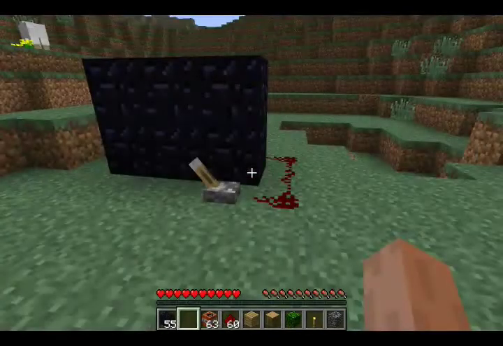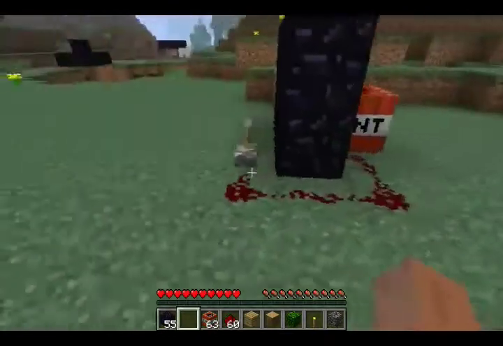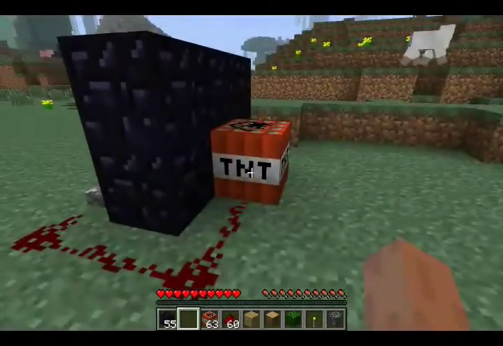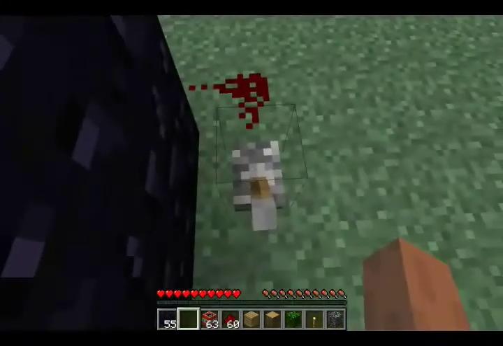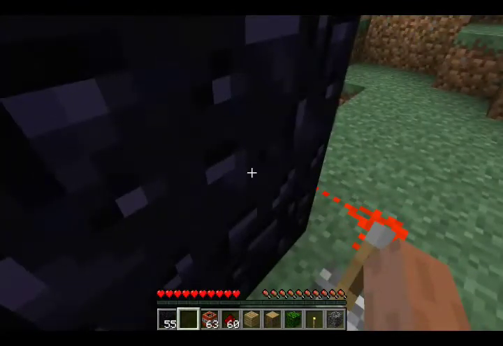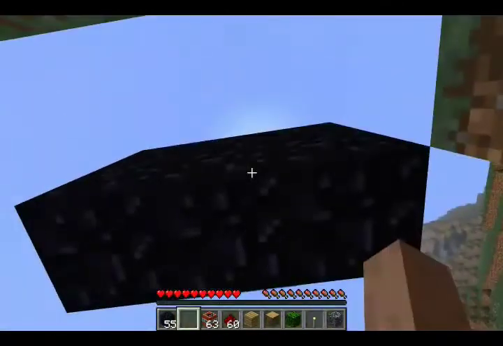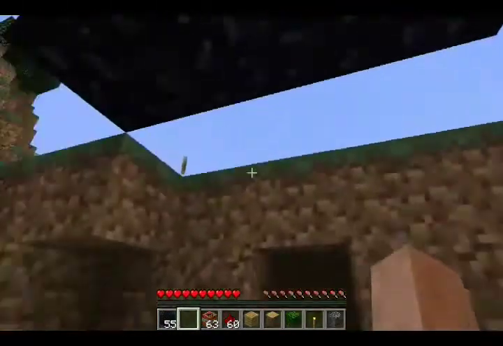Alright, so what we have here is a simple 2x3 obsidian shield with 1 brick of TNT on the other side, and we'll see if this is enough to protect us from the blast. You see, we took no damage at all from that, but we did drop downwards. So,